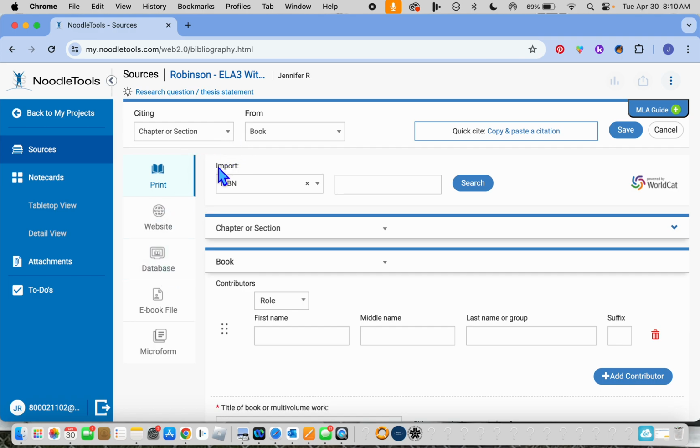All right, so for books, all we have to do is type in their ISBN number. An ISBN number is a unique number for each book. We call them UPC symbols. That's the thing they scan at the grocery stores or wherever you buy things. So we're going to click right over here to the right of where it says ISBN, and you're going to